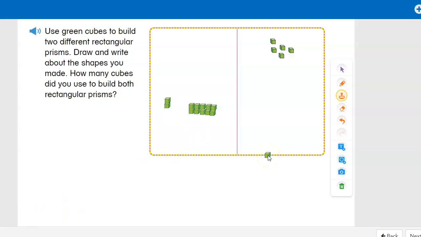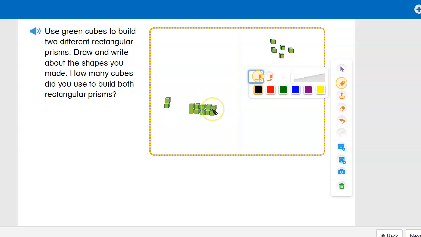Since we're using all different cubes to make these rectangular prisms, it's not exactly perfect, but that's okay, because a rectangular prism has 6 faces and 8 vertices. If this was all put together, it would have 1, 2, 3, 4, 5, 6, 7, 8 vertices and